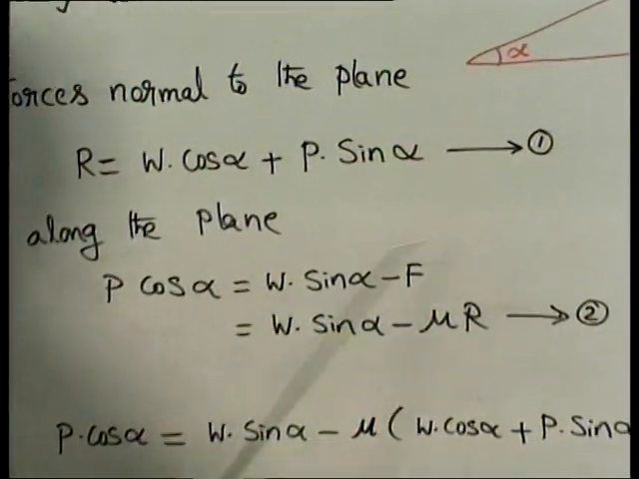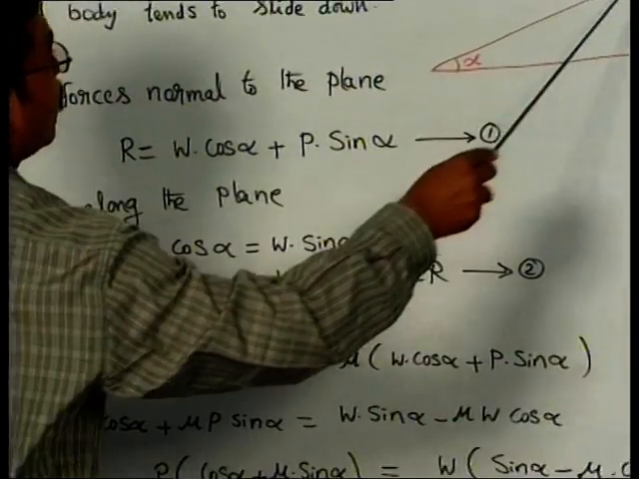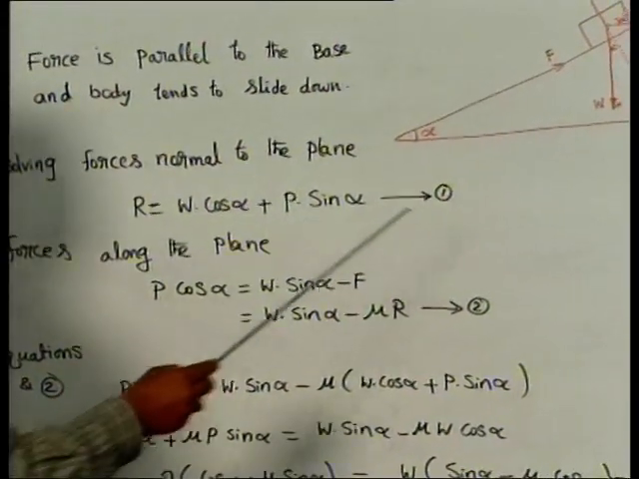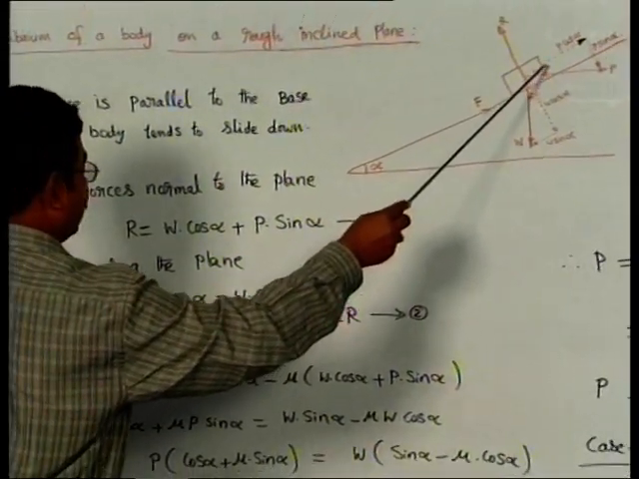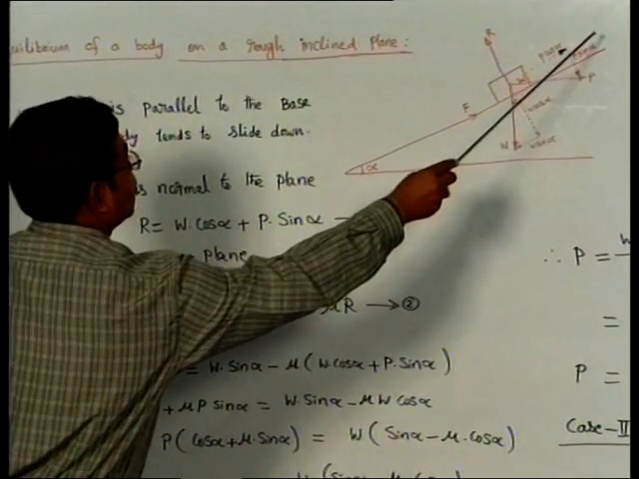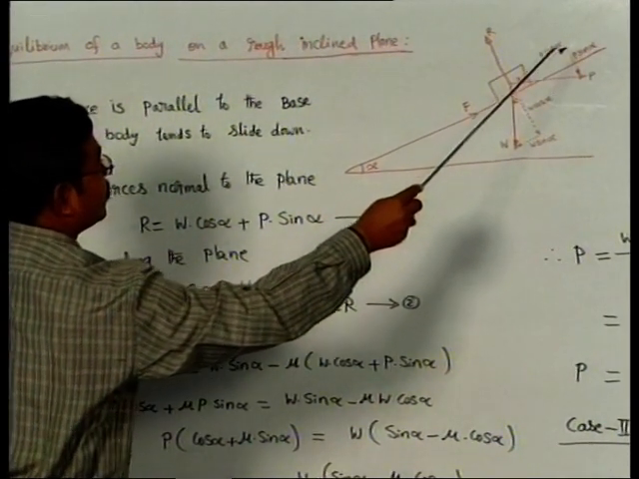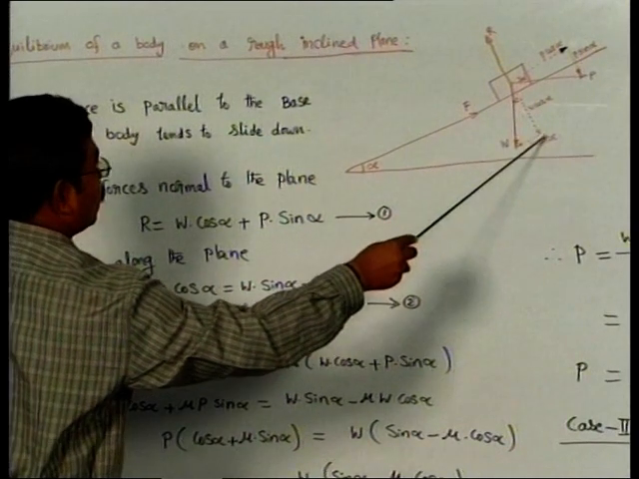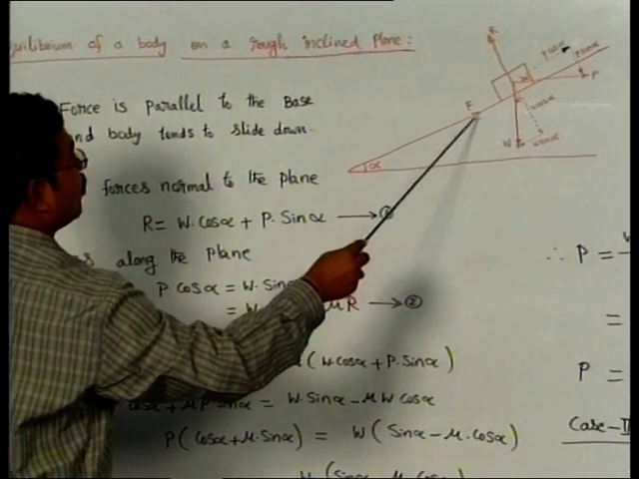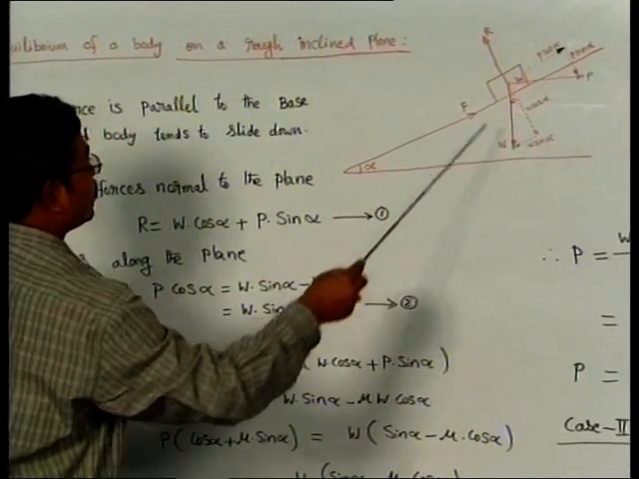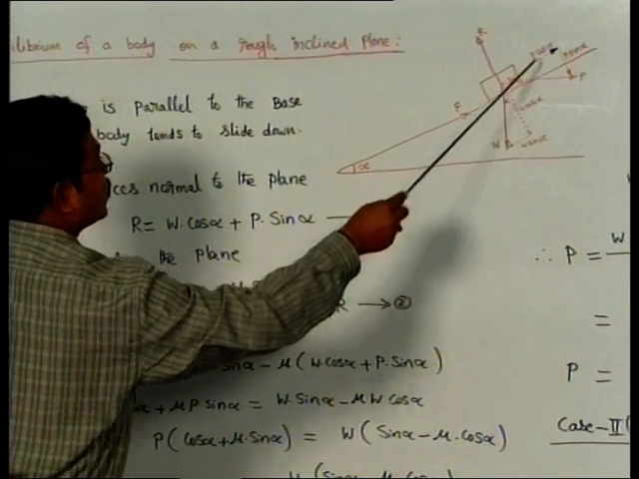Similarly, resolving the forces along the plane, we have force P cos alpha acting in the rightward direction, and in the leftward direction we have W sin alpha, and F is also acting in the rightward direction. So, this P cos alpha, F,